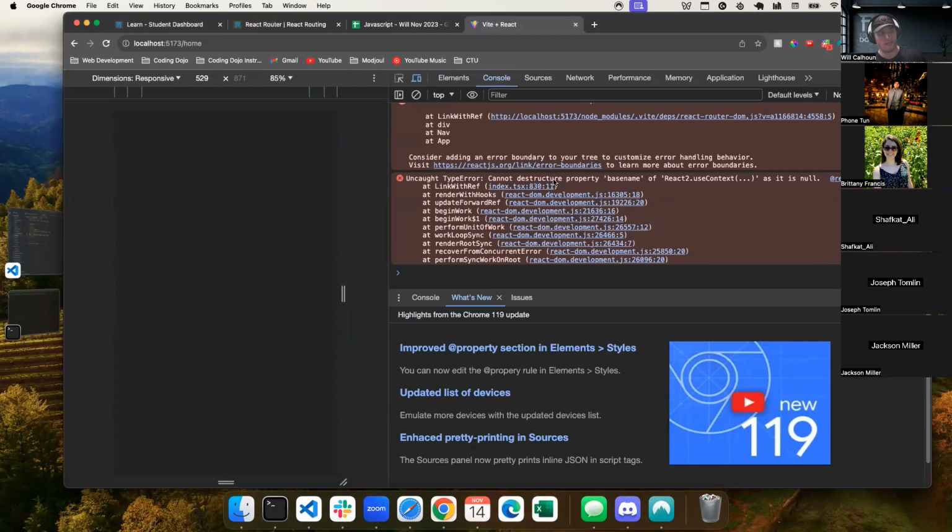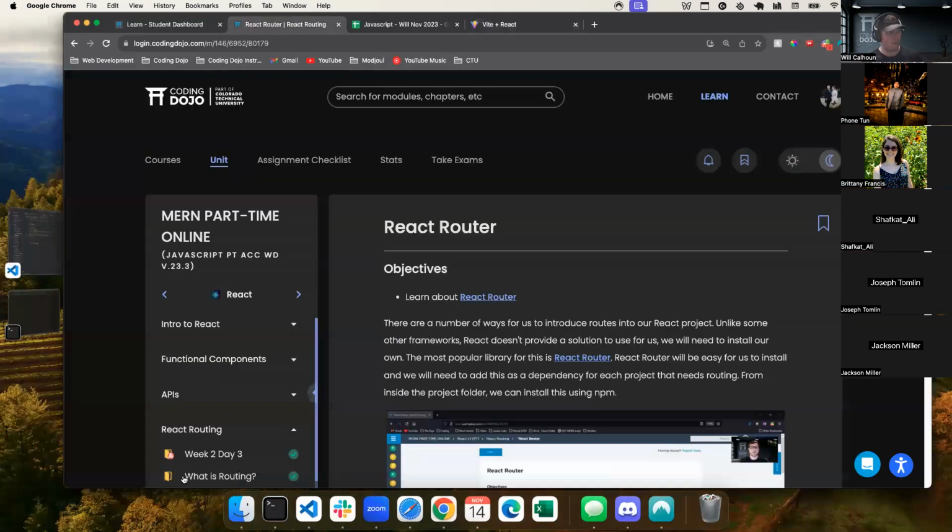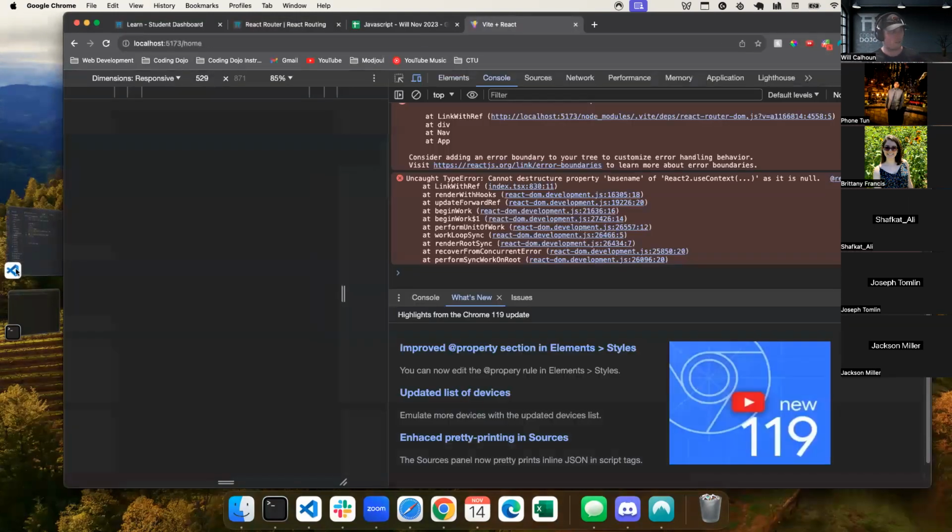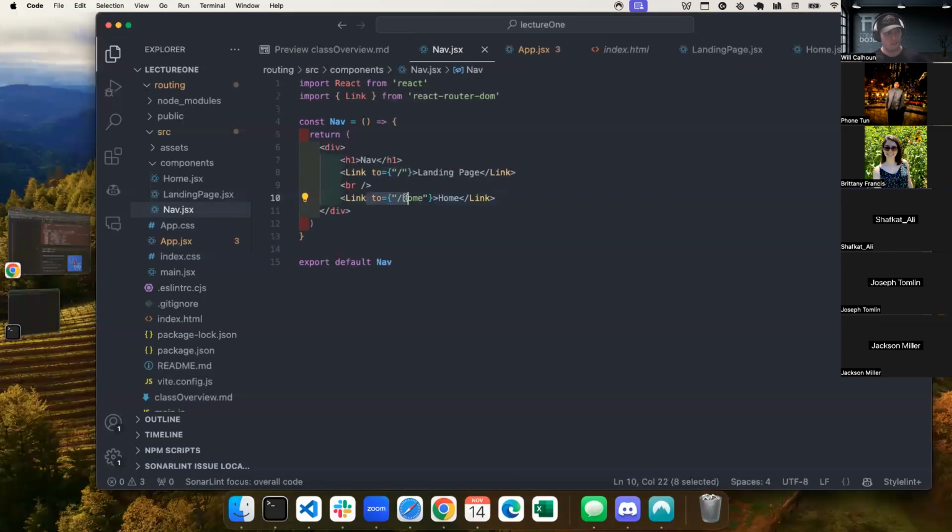So my error that I was getting is saying, hey, I cannot destructure base name. It's saying with link, it's null. So you're not giving me a place. Because if I hover over something, in the bottom left it gives me what route it is going to if I click on that, right? It needs to understand that information. So because I left this blank and I didn't have this to, it's saying, I don't know where to take this, so I can't destructure this. I can't break this down. So that's what was happening right there.